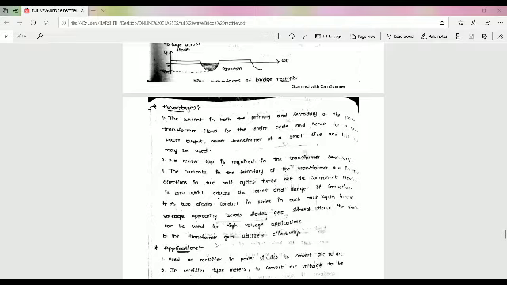Advantages of the full wave rectifier circuit. Okay, the current in both primary and secondary of the power transformer flows for the entire cycle, and hence for a given power output, a power transformer of small size and less cost may be used. Advantage of the bridge rectifier is less cost. Okay, transformer is small size, and second one, no center tap transformer is required. Hence, whenever possible, AC voltage can directly be applied to the bridge.